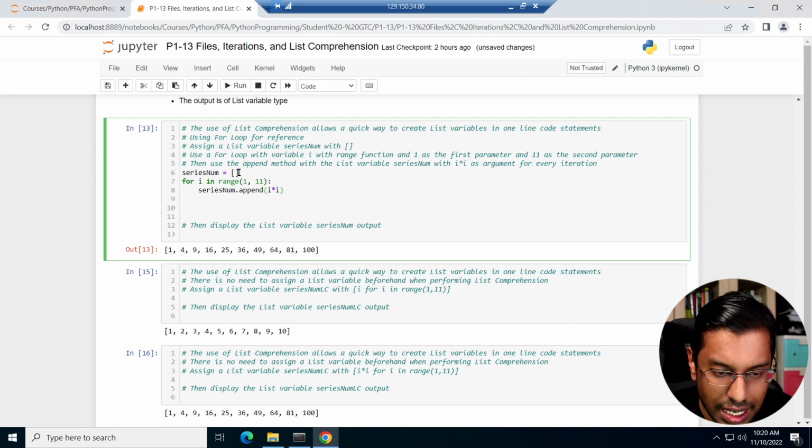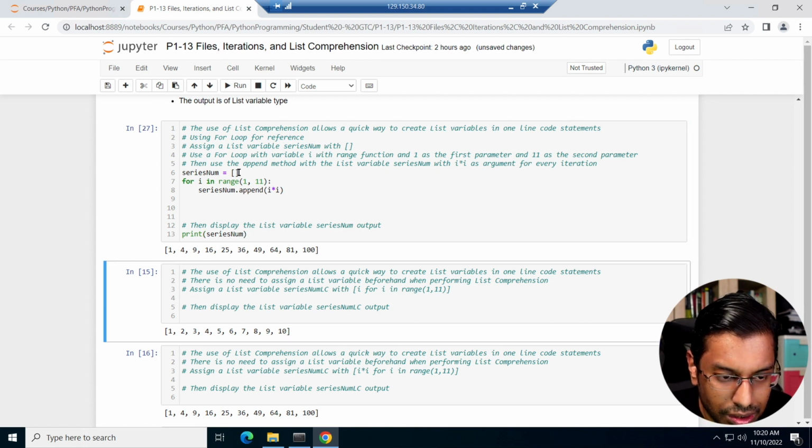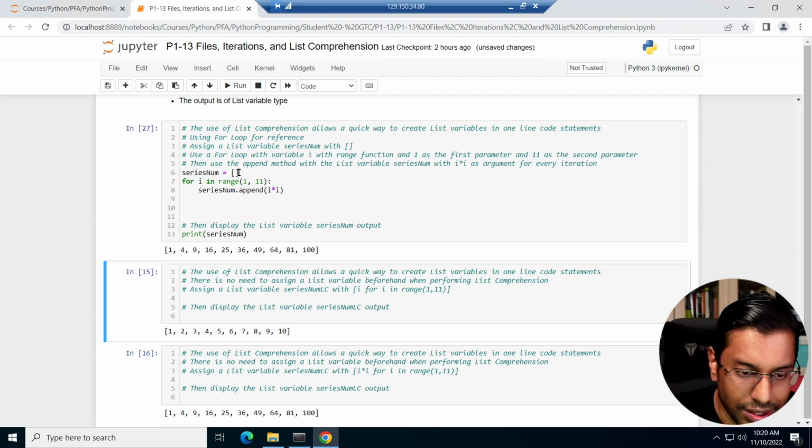As simple as that. I'm going to print out. So it's just going to give me a square output, right, of each variable. So 1 to 10, I'm going to get all the squares, excluding 11, right? So if you look at it, I get 1, 4, 9, 16, 25, 36, 49, 64, 81, and 100. Simple. Right, now let's do the same